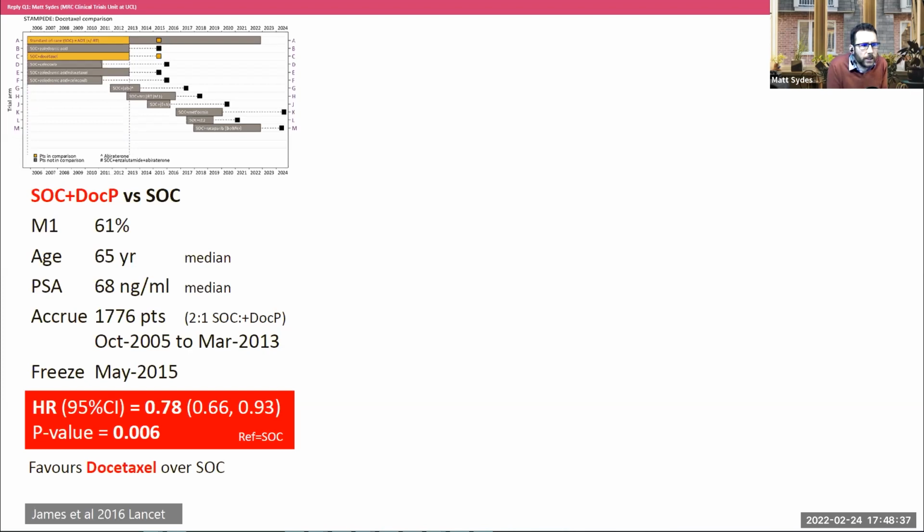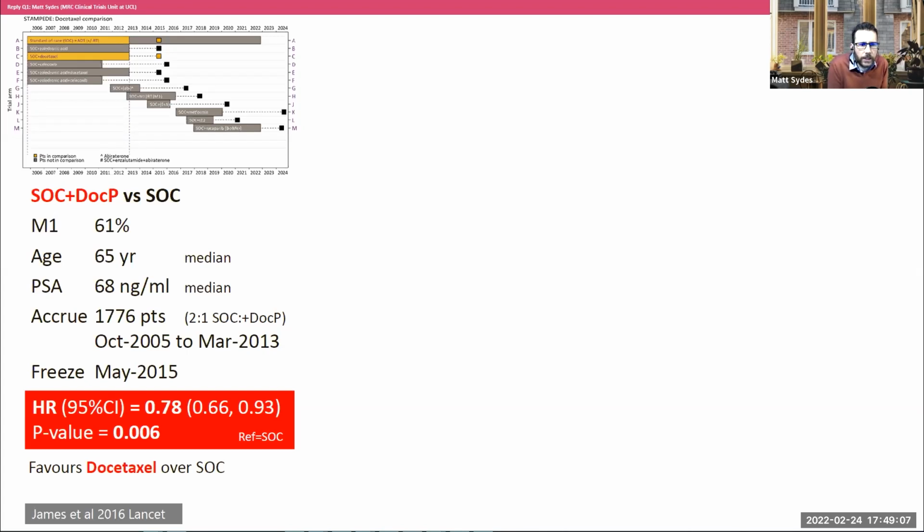It's phase 3. It's looking at survival, just comparing concurrent patients allocated to the control arm, the top yellow grouping, or the patients allocated to add chemotherapy to the standard of care. So adding docetaxel, what we showed in those patients allocated to this comparison, just short of 1,800 patients, was a hazard ratio of 0.78. This was both statistically significant and clinically meaningful, an improvement to adding chemotherapy.